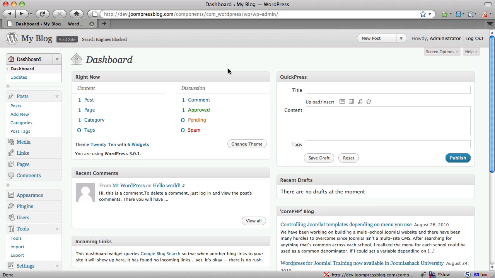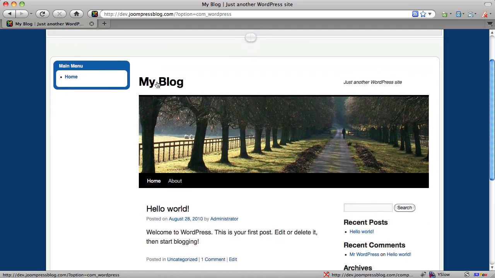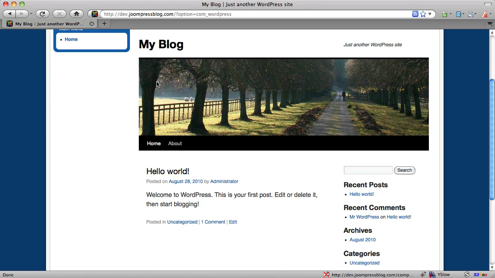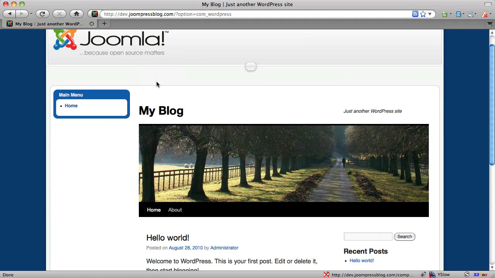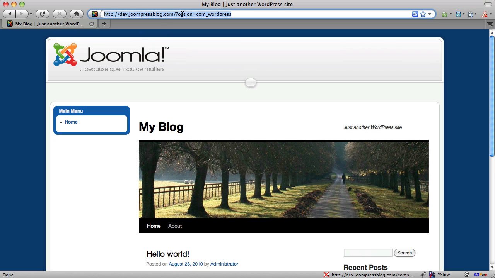Okay, so to start off, right here I have a WordPress for Joomla component installed. I haven't done anything else. I just installed it into a fresh install of Joomla, and I'm looking at the dashboard. So to start off, I can click on view site to view my blog, and I can see my blog here, but nobody can really see the blog because nobody knows that it's installed because I don't have a link to it. So I'm going to go to the